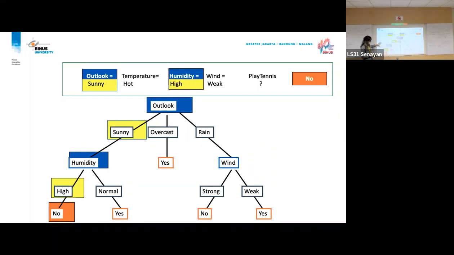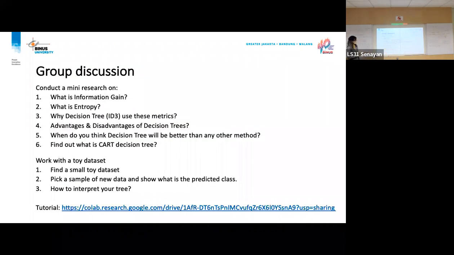And then we build the tree, and all the leaves are your class labels. You can try this one. I already put the tutorial in GitHub, week 5. So try it out, have a look, do some research here. Compare it with SVM, and see which one is the best.